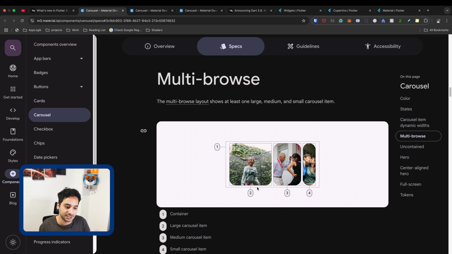And this is exactly like how the weight works on the row and column when you wrap your components with the expanded widget. For example, here we have 7 and 1, which is this one. It means that if you split the space into 8 pieces or 8 sections, the left one takes 7 of them and the right one takes 1 of them. So this is how the weight works.